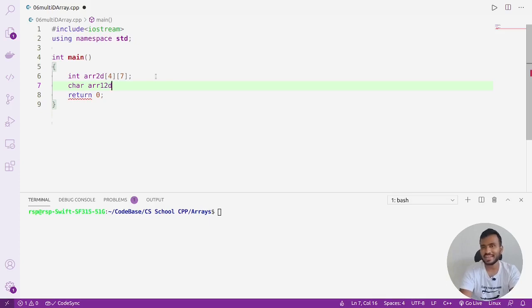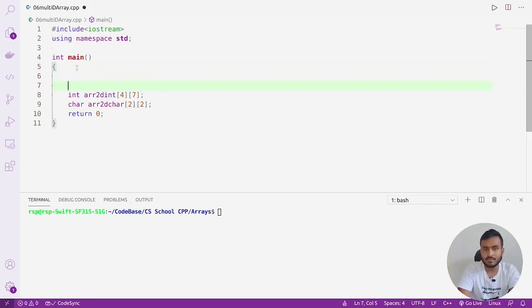I know it is a bad name. Let me name it ARR2D char, and this one will be ARR2D int. Okay, and then let's say you want to create it as a 2 by 2 array, then the row count will be 2 and column count will be 2. So basically, if we write the general syntax, you need to write data type first, then